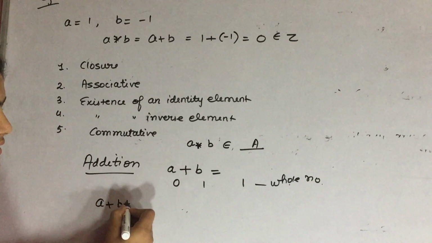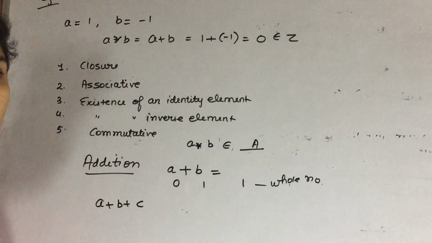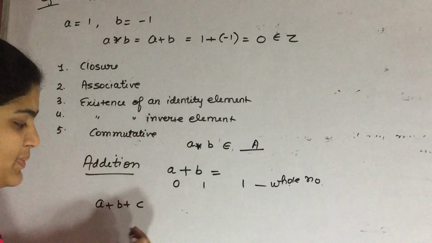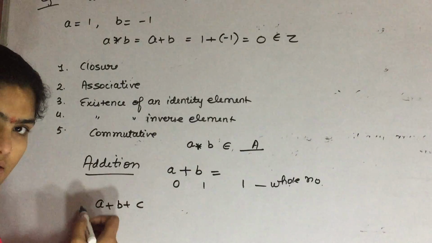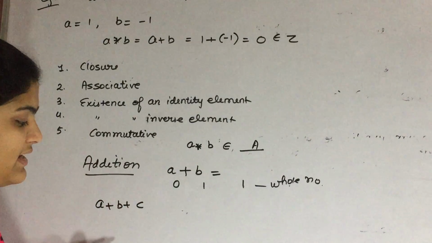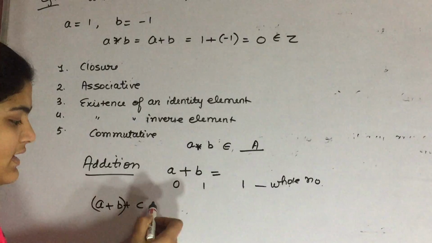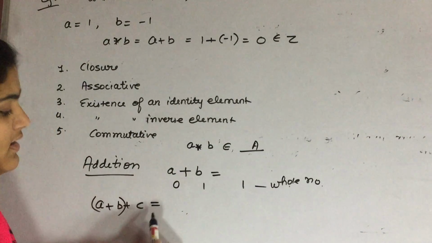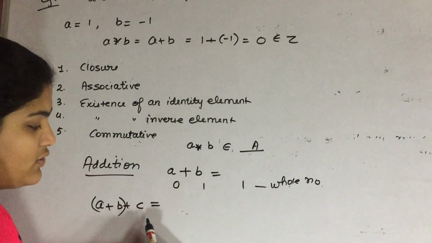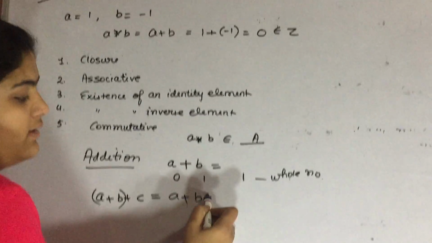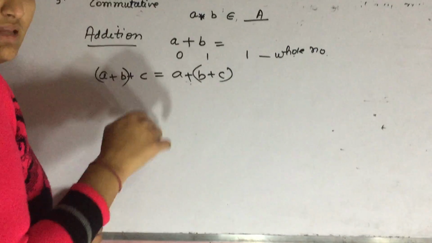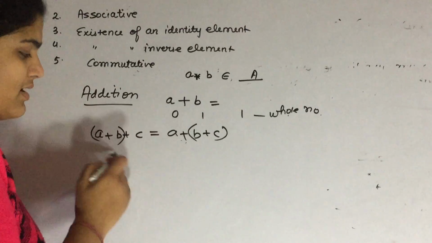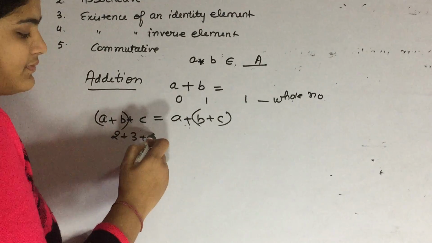Associativity means, we are again taking the example of addition. If you apply the addition associative property, what does it mean? If you are taking three elements and you are going to add them up, then firstly change the order. If you apply A plus B together, and then the result is going to be added into C, and then B and C together, and then the result is going to be added into A, then the result will be same. This is so simple.